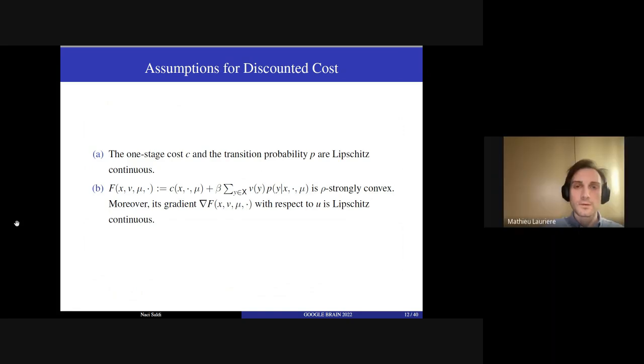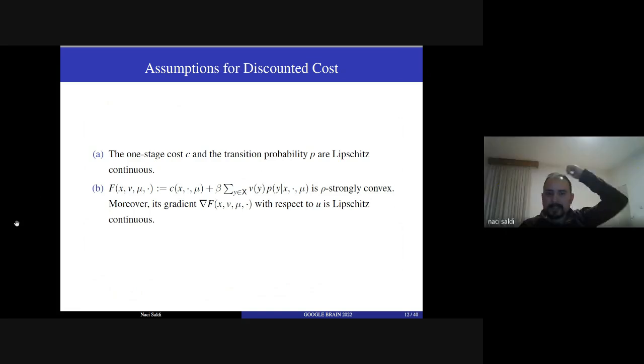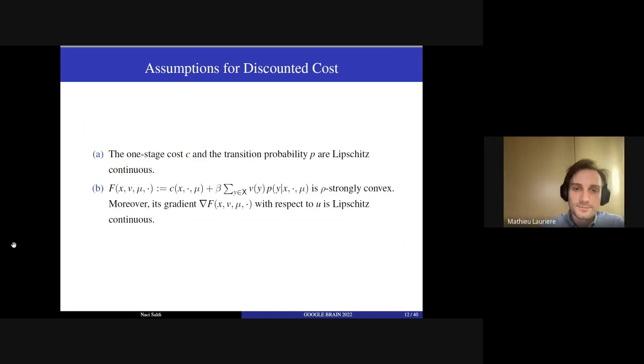Okay, thank you. It's not so difficult to check. And then you have convexity of the Q function, and then you have strict convexity, and so you have the uniqueness. Yeah, exactly. We have the same conditions that we have here in assumption B. So it is strongly convex, and we can also put this smoothness assumption on this gradient. Okay, thank you.